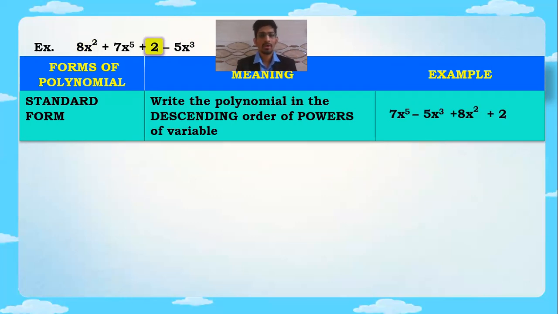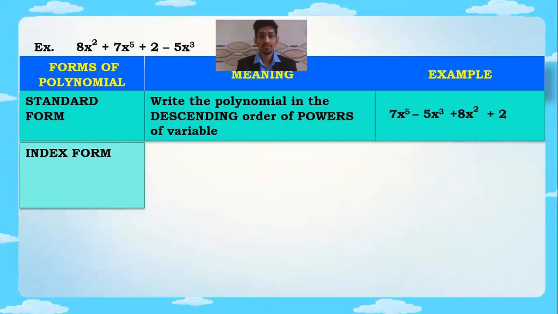So students, we have arranged this polynomial in standard form, that is starting from the highest power of variable till the constant term. We have arranged the polynomial. There is no additional change. The polynomial that is given, we just have to arrange it from highest power to lowest power along with the signs. Very simple. Now let us come to the second form of polynomial, and that is nothing but index form.